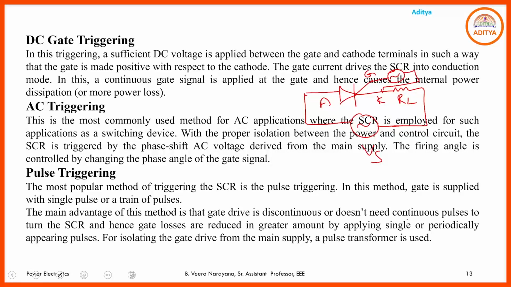So finally we go through this pulse triggering method. This is the most popular method of triggering of the SCR. In this, the gate is supplied with a single pulse or train of pulses. So the main advantage of this method is the gate drive is discontinuous or does not need continuous pulses to turn on the SCR. Hence, the gate losses are reduced to a greater extent by applying a single pulse or periodically appearing pulses. So, periodically appearing pulses means